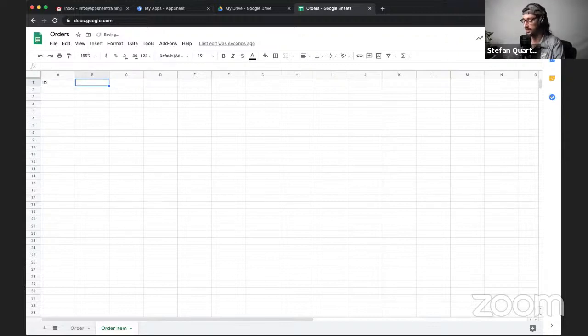Okay, so the ID, we want to know what order it was associated with. So I'm going to say order ID. And then we'll give the same creator, created date. And then we're going to have item and quantity. And I'm going to put an amount column here,